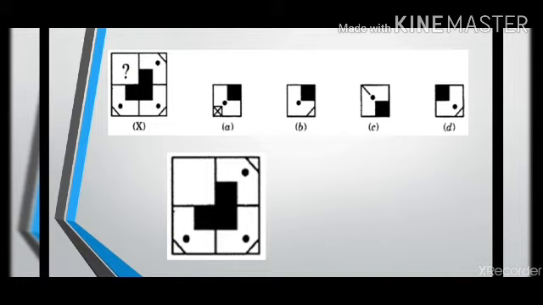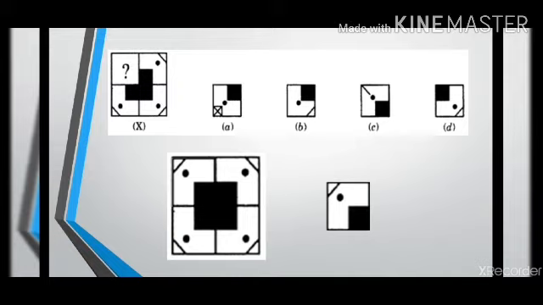So in order to complete this square in the blank space that is given to you, you'll have to make a colored filled box like this. This is how you will complete the pattern. Now in order to complete the pattern, this is the option you are getting. Can you see this option in any of the answer figures in the options that are given to you?